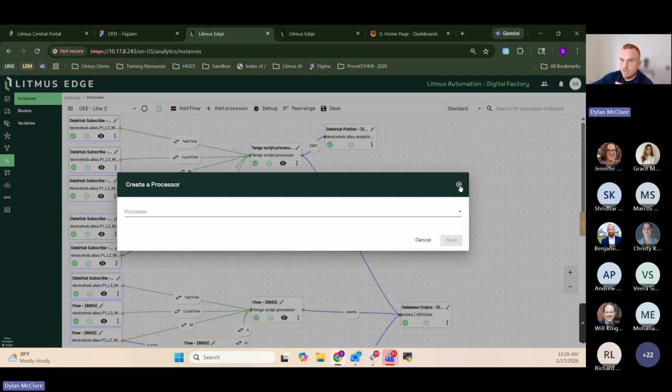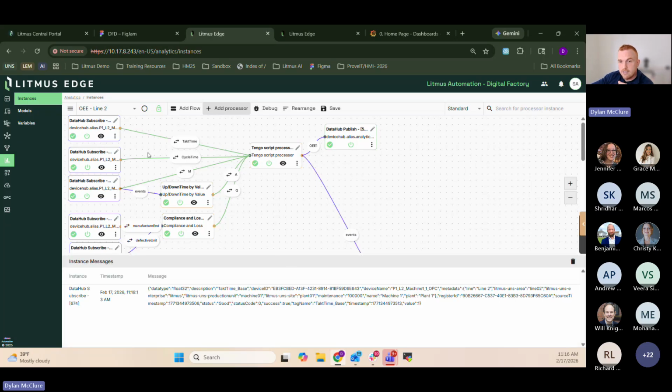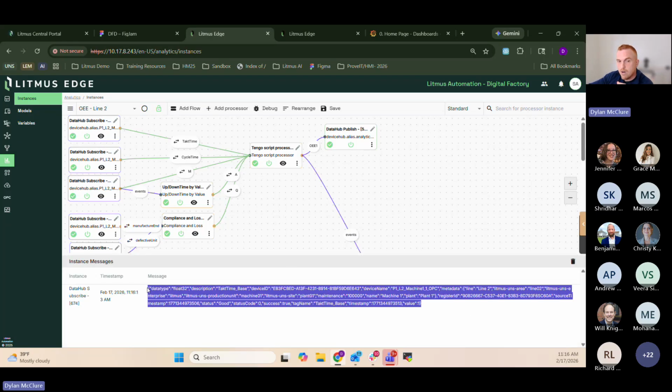So all that being said, let's take a step back and look at this actual flow here. On the left side, as I mentioned, I have, I'll call my raw data topics from Device Hub. If I click the eyeball here, I can see I'm debugging this or subscribing to this topic. So I mentioned the topics before. I put the topic name in my subscription node. I then hit the eyeball and I can see the actual data coming through for this particular topic,